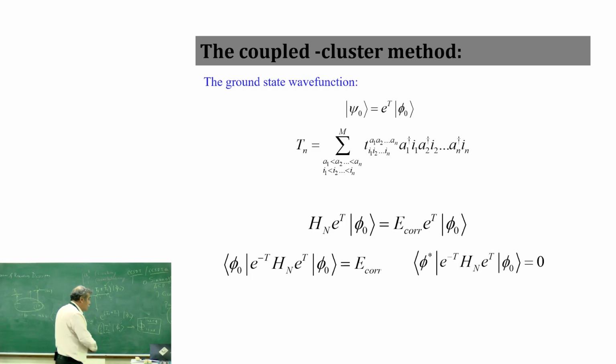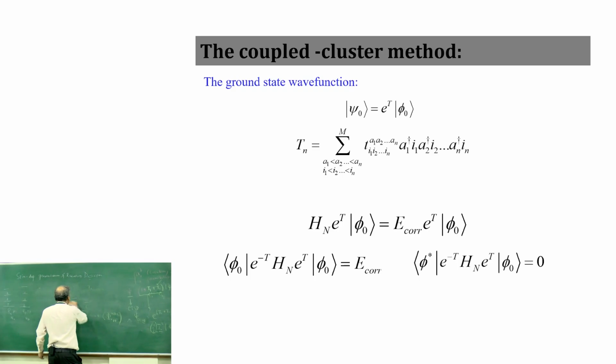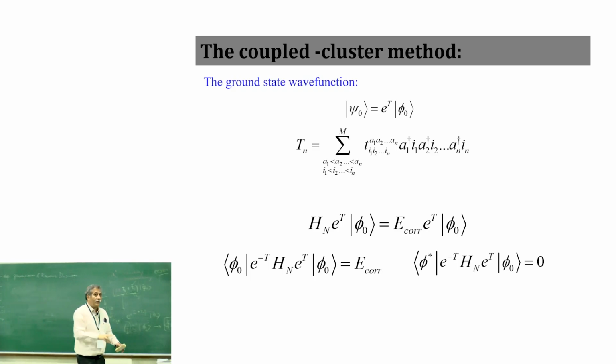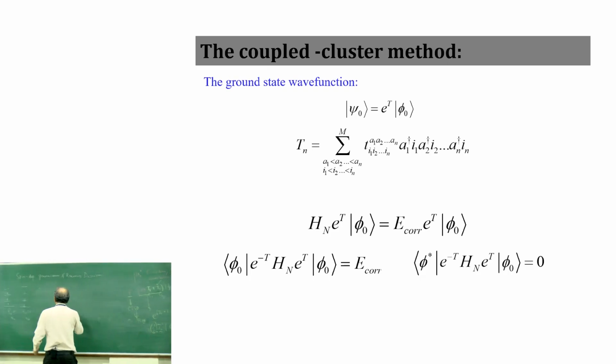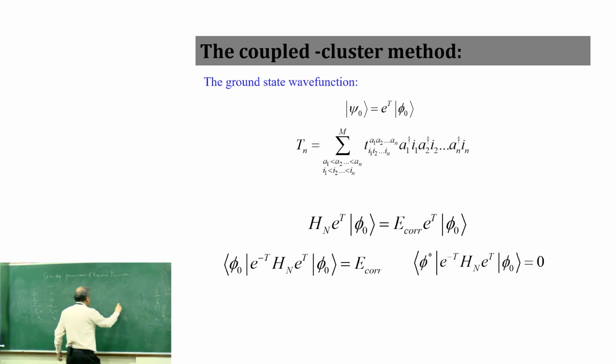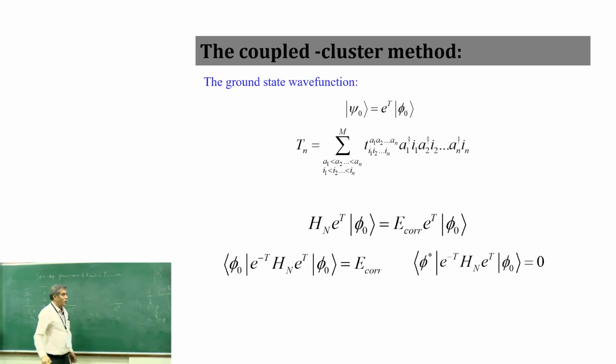Okay, so I wanted to say how this linear and exponential varies physically. So let me take a simple problem of two H2 molecules, two hydrogen molecules, non-interacting. So let's say this is H2A, this is H2B, far apart. 100 angstrom, 200 angstrom, whatever, far apart. You can do the calculation.